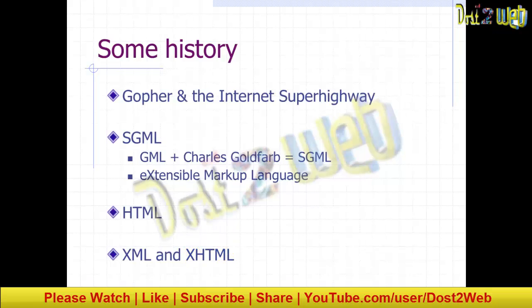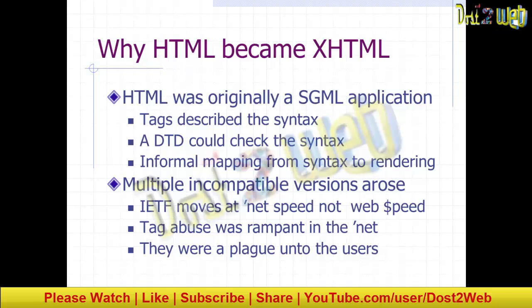So why did HTML become XHTML? You will now have the question: we are using HTML, so why has it become XHTML? HTML was originally an SGML application, so its tags were described with the syntax of SGML. That is why we generally use HTML. But when things moved at internet speed, there were so many things to enhance.